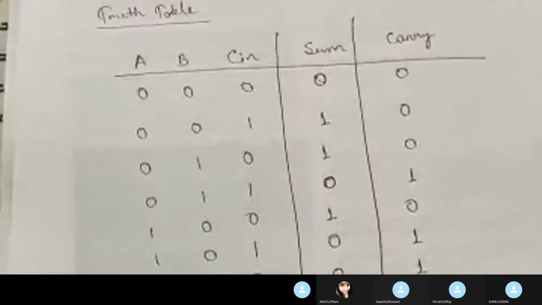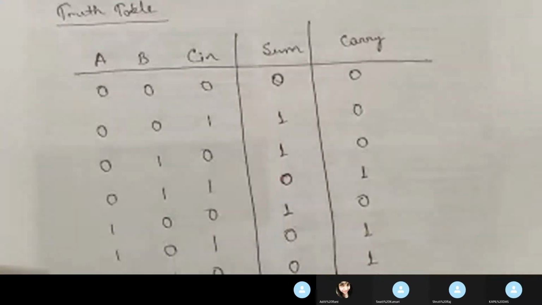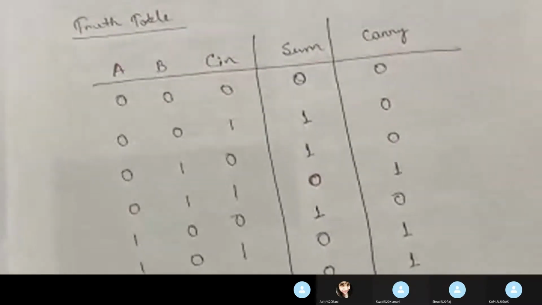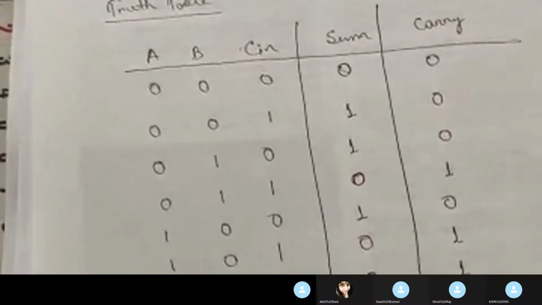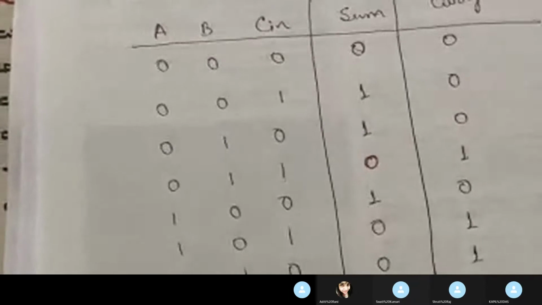So from the truth table, what we will do, we will first design the Boolean function out of it, because until we design the Boolean function from the truth table, we will not get the path to design the CMOS logic. Because when you complement the Boolean function, you will get the input logic for your CMOS. So first, what you will do, you need to draw the Boolean function logic out of this truth table.